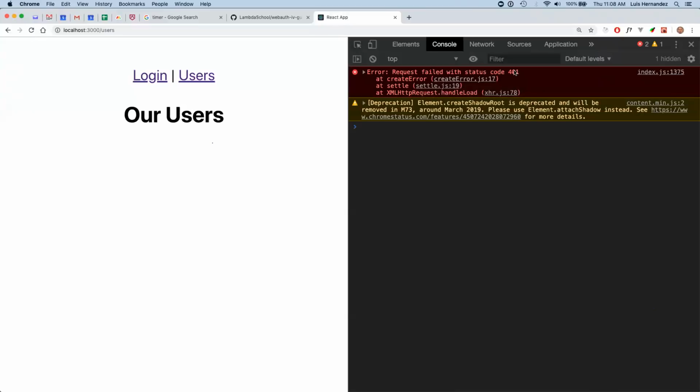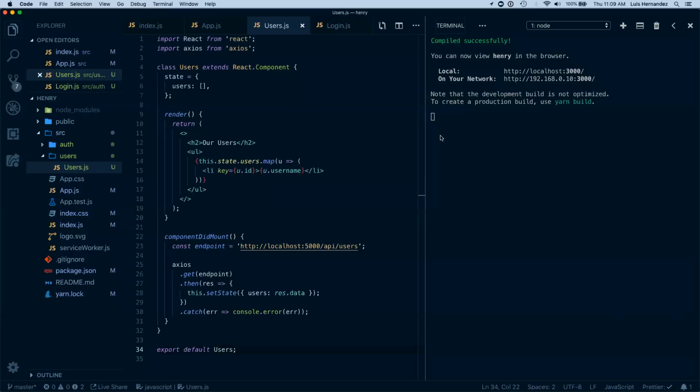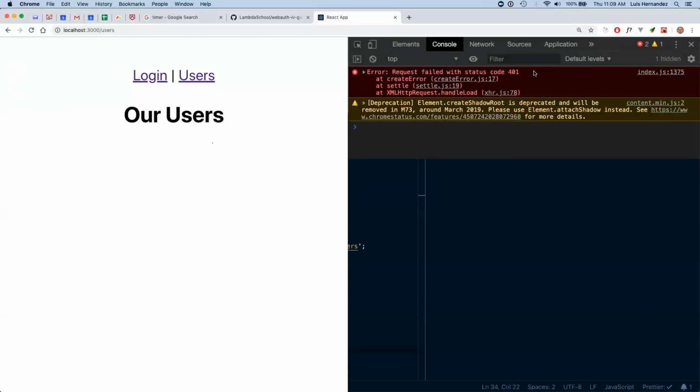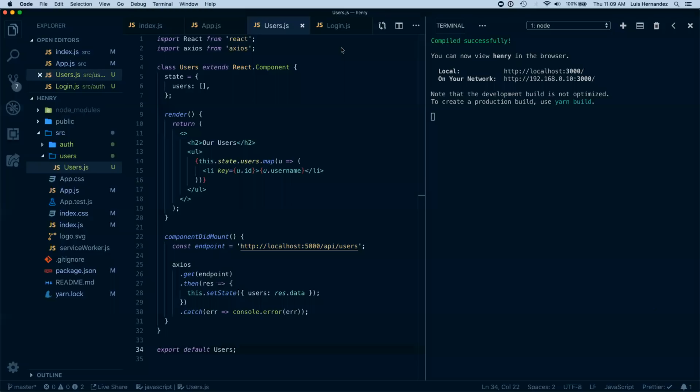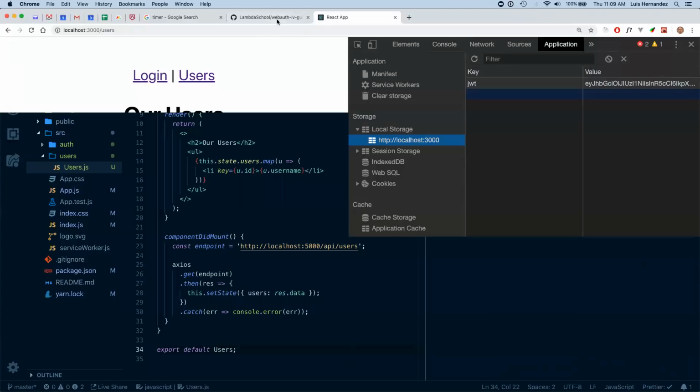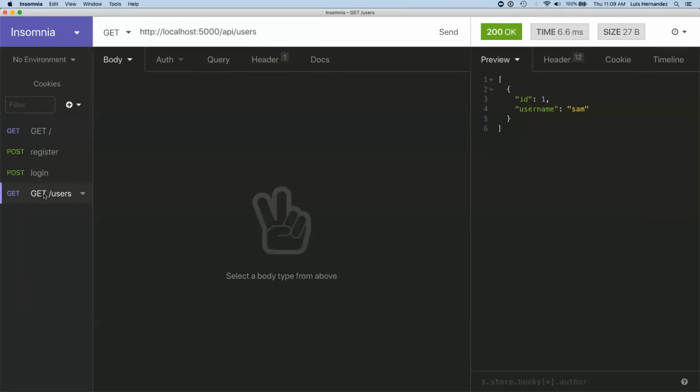Well, our server is telling us that we're not logged in. How can we tell the server that we're logged in? We would have to pass back the token. Do we have it? We do, in local storage. So when we do the Axios endpoint or GET request, we need to throw in the token. And if we go look at our Insomnia to see how we got it working here,